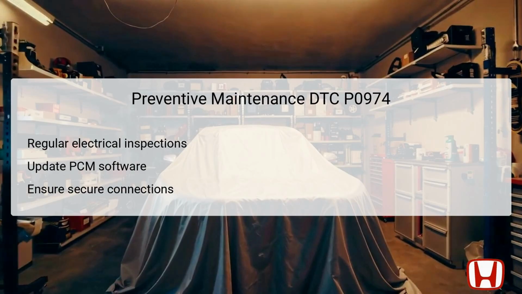Properly securing all connectors ensures that no intermittent connections create faults, maintaining reliable operation over time. Additionally, routine checks of shift solenoid functionality can serve as a proactive measure to catch any potential failures early. Following these guidelines not only helps prevent future DTC occurrences, but ultimately contributes to the longevity of the vehicle's transmission